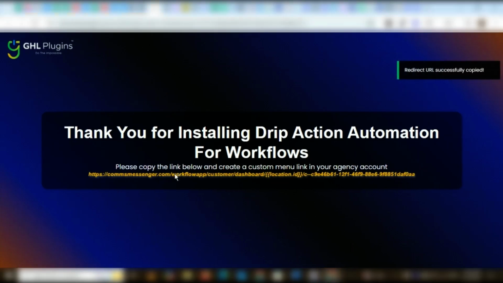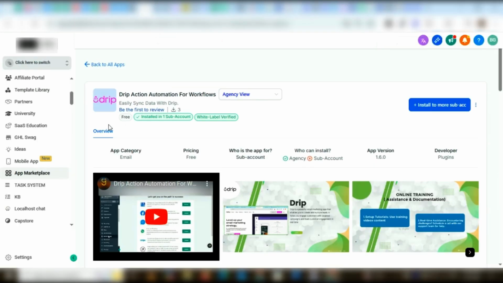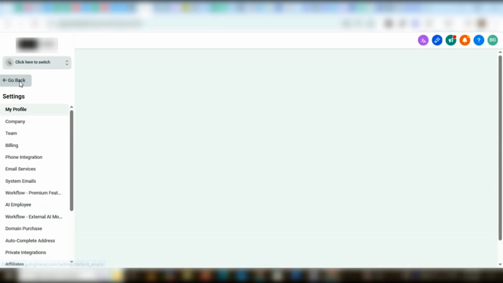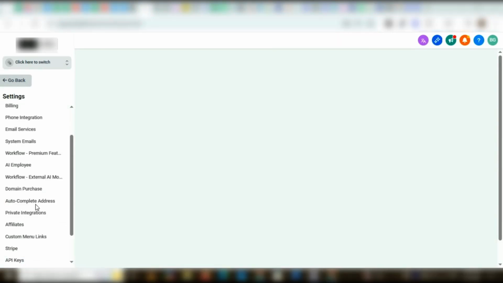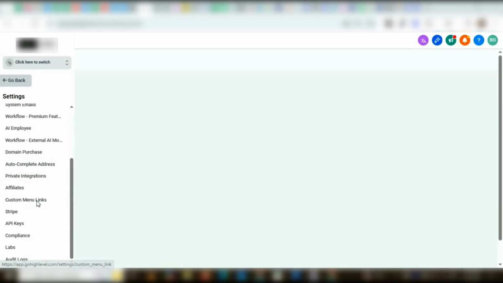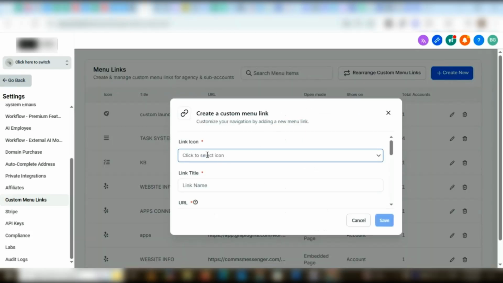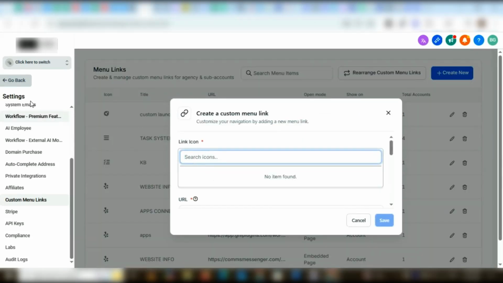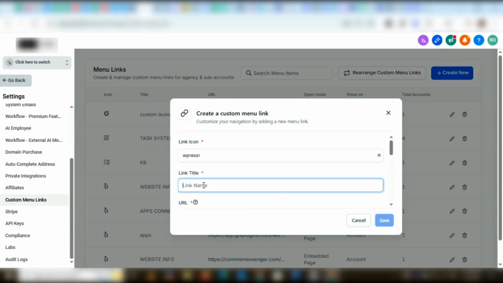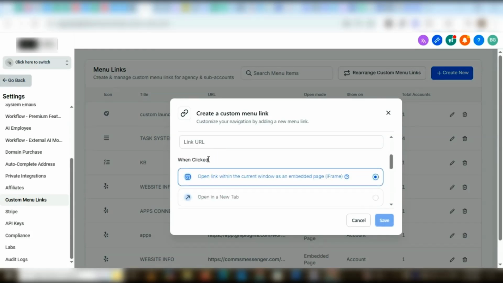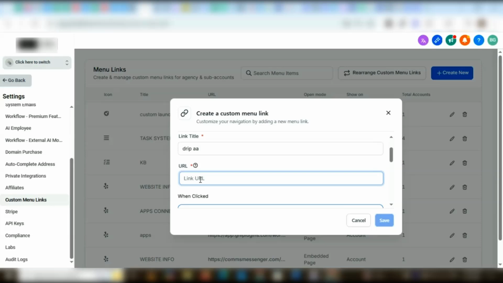You're going to copy your custom menu link, head over back to your account, click on Settings, scroll down and click on Custom Menu Links. Click on Create New. You're going to select your icon, the name to your custom menu link, you're going to paste your custom menu link,